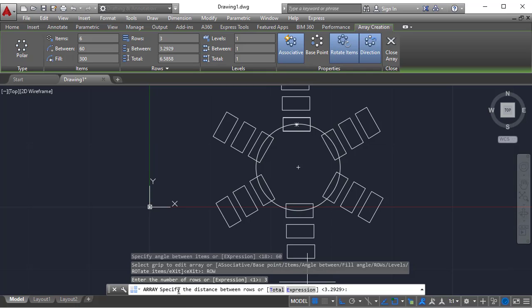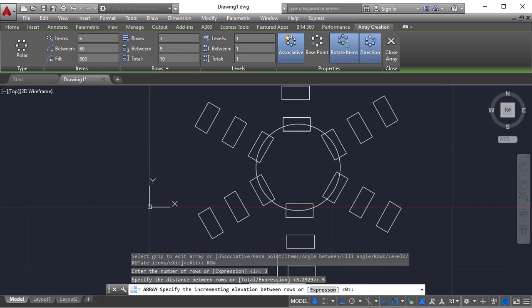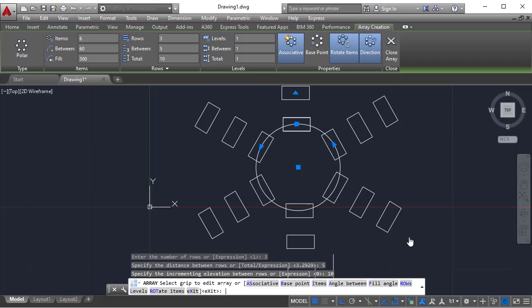Again it is asking to specify the distance between rows. This one, the distance between rows, is showing 3. I have said 5, so the adjacent distance will be 5. Again it is asking for the incrementing elevation between rows. I am saying 10. The value is applied, but